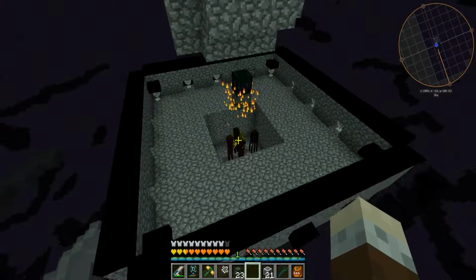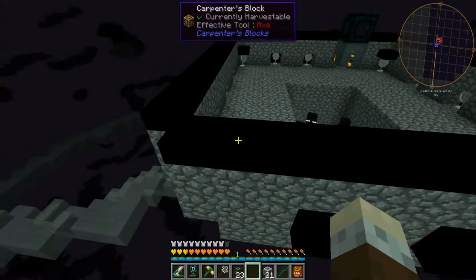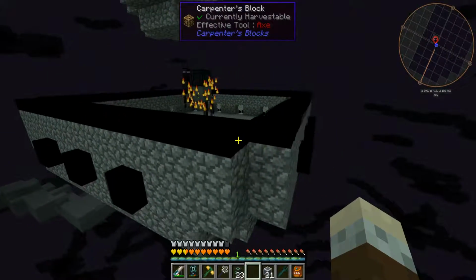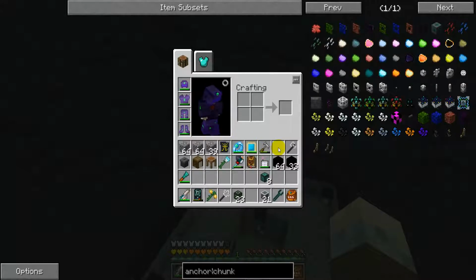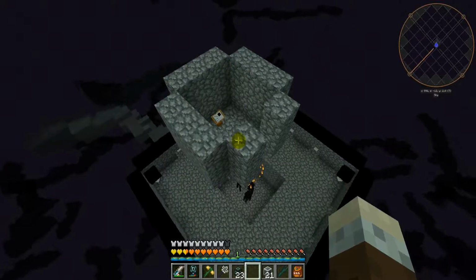And yeah, that's happily doing that. These blocks here are carpenter's blocks. They are half height ones, and I believe they count as being transparent blocks when they're like that, so the endermen aren't going to spawn here. I need to do something similar up here as well to stop anything from spawning up here and becoming an